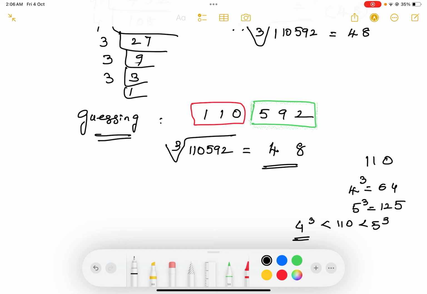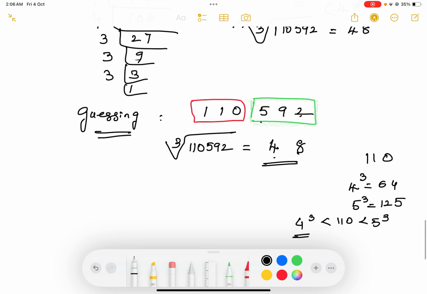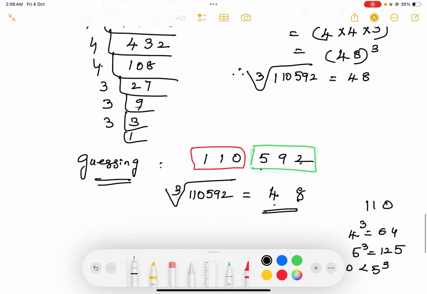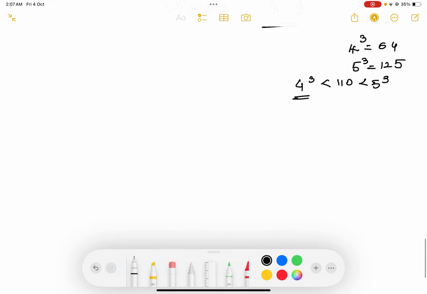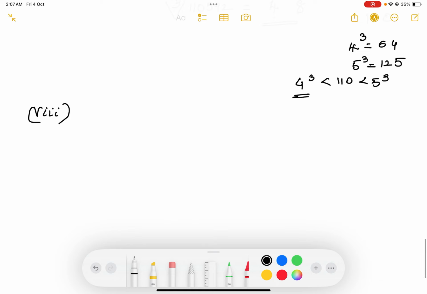So this is the guessing strategy to understand how to do the problem. You have to divide into 2 sets, keeping the last 3 digits, from the right side, always 3 digits you have to take, and see the units place for which the cube root is what, and then you can do the problem. Let us now go to the next one, 46656. Now for the next problem as a variety, first we guess and then we do the problem, right? So the 8th one is 46656.